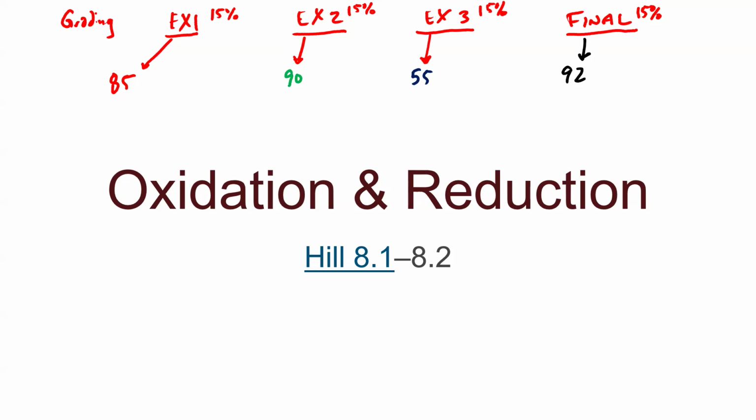Okay, so here's the way that the grading works out. Exam number 1, that's a group within the grade book. That group is worth 15%. Whenever you've been taking exams in this class, and so far we've only taken 2, I have added the successive exam into the group with the previous exam. So the 15% that corresponds to exam number 1, you'll actually see 2 grades there: the 85 and the 90 that you got on exam number 2. At the end of the semester, you will also see the 92 that you get on the final exam.